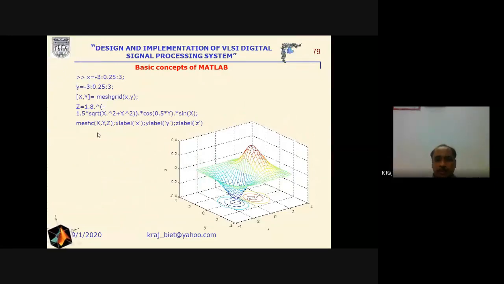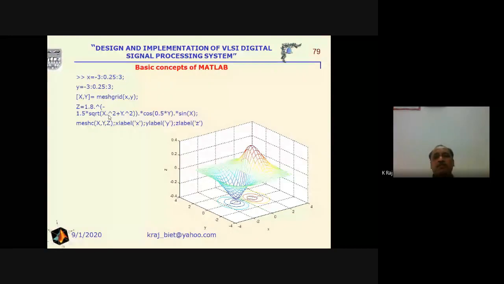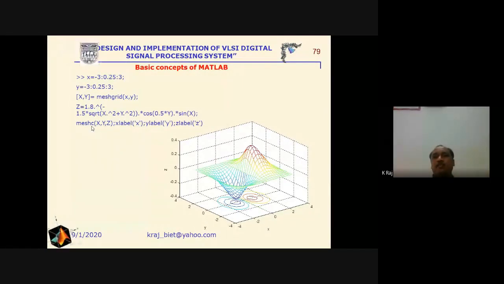Again, we are using here the mesh, but meshc, that is the contour, and in this one we are using the meshc. Now see the mesh plot along with the contours here. So what is the difference? All things are the same, that is xy will be defined, then the plane xy and z in terms of xy will be defined, then we will write meshc in place of mesh. Now we will write meshc x comma y comma z, and we will write something on the x label, y label and the z label.